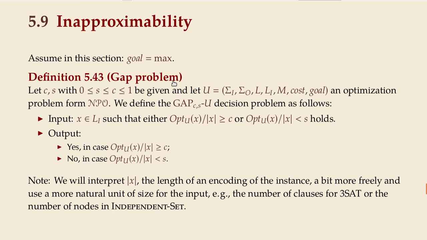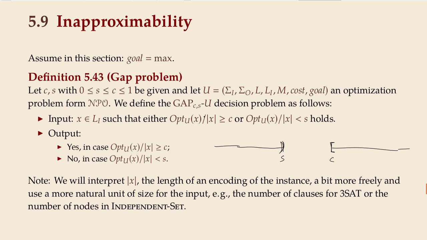a gap problem, which is a decision version of an optimization problem, where we exclude certain instances, namely those that fall into a gap. So we defined two values here, and to be precise, we had this part excluded and this part included. But this is often not important. And we only allowed instances that are to the left or to the right of this gap. The definition of this was we take the optimal objective value of the instance and divide by the size of